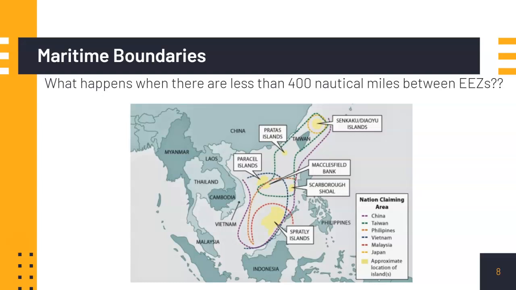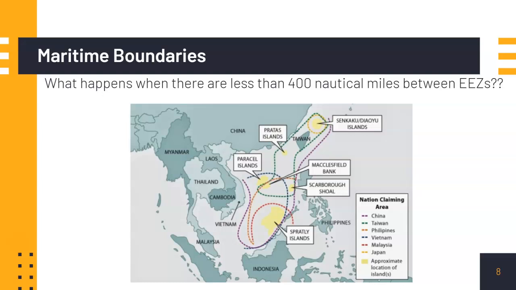Typically, this is done through bilateral agreements or international arbitration, which might involve technical solutions based on geographic features, such as midline boundaries. A midline boundary means that the EEZs are divided along a line that is equidistant from the two countries' coastlines. However, it's not always as straightforward as that, and many factors such as historical claims, geographic features, and economic interests come into play when deciding the exact boundary.